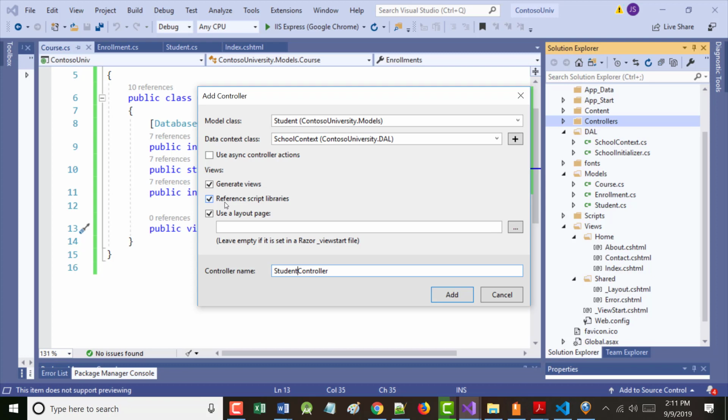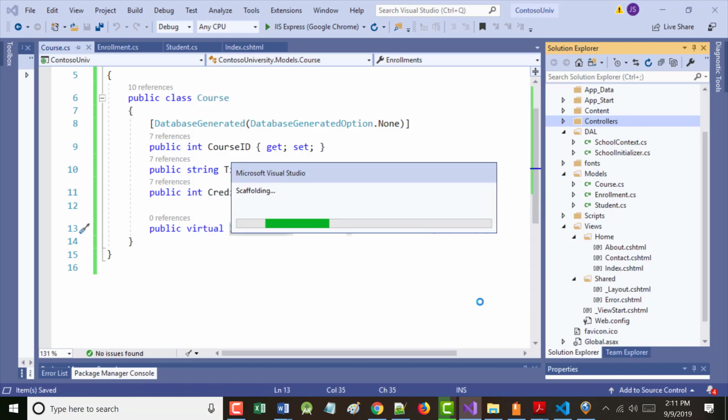And we're telling it to use a layout page. Since we didn't specify one, it's going to use that underscore layout.cshtml. So if you notice in here, right now, I do not have a folder inside of my views that is called student. And in my controllers, I do not have a student controller. After I click add here,